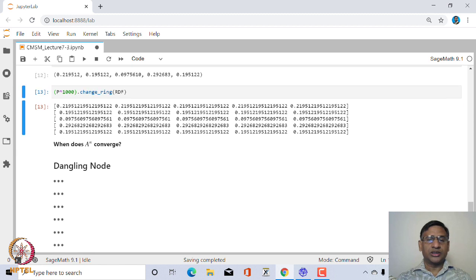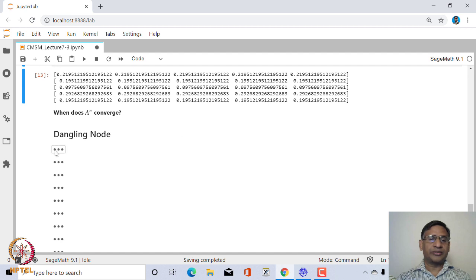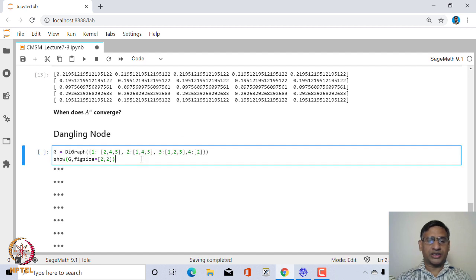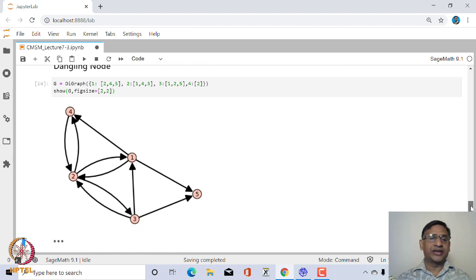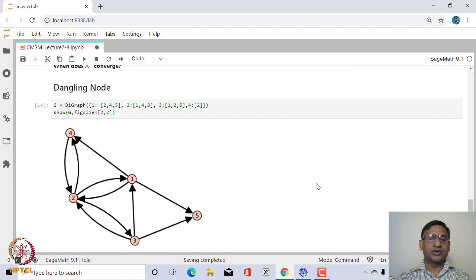Now you can also have a situation where you have a dangling node. What is dangling node? Dangling node is one where you can go to some particular website, but after that there is no outgoing link from there. So for example, many times you click on an image of something on a link, and it opens in a separate website, or you could have a link to a PDF file.